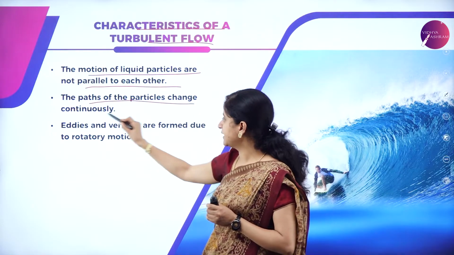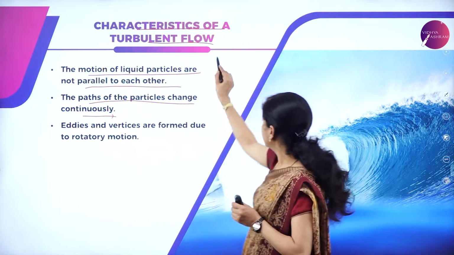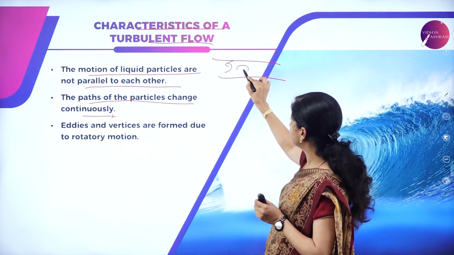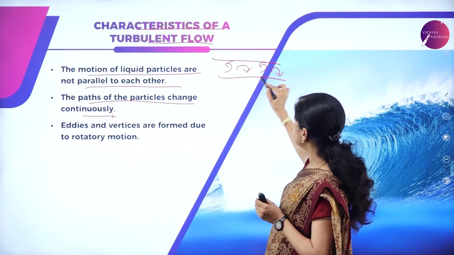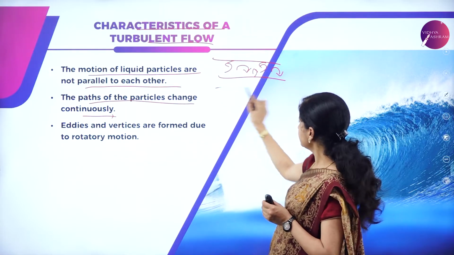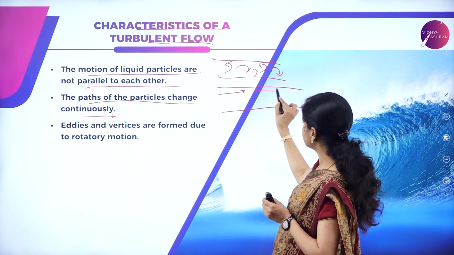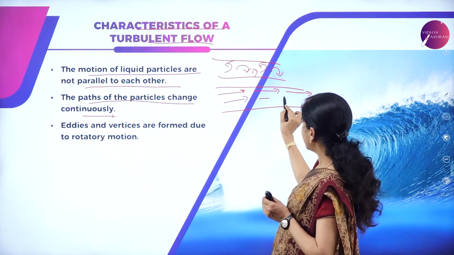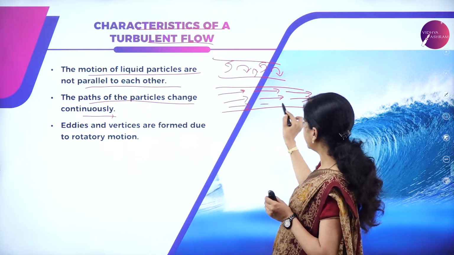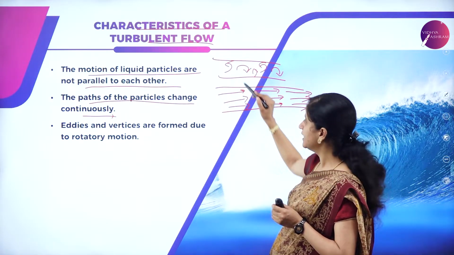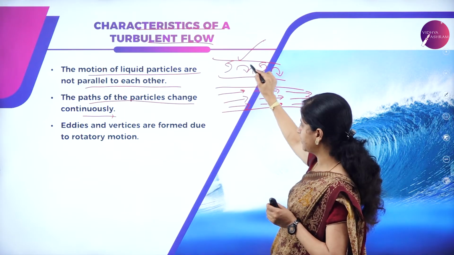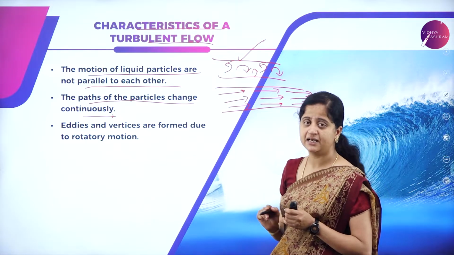The paths of the particles change continuously, because I have shown in the previous slides the path of the particle, the paths can be changed continuously. But in case of streamline, it is not like that. The paths of the particles will be parallel to each other. They'll move in an orderly arrangement. So this is streamline. In case of turbulent, the paths of the particles may change continuously, and that results in